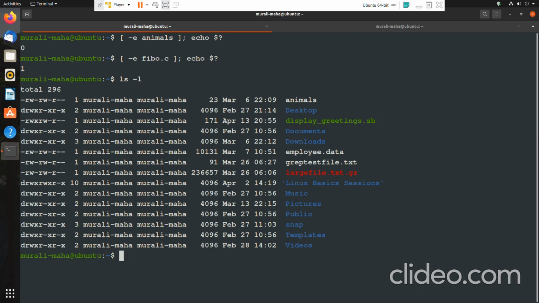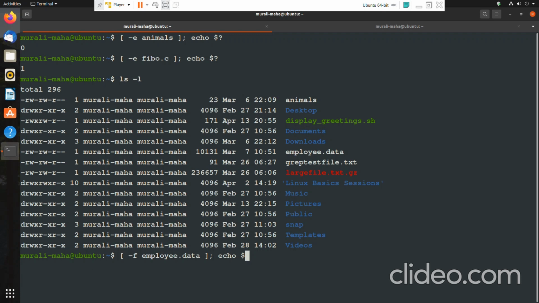Given a file called employee.data, I want to check whether it is a regular file. Test hyphen f for checking whether it is a regular file, employee.data. So echo dollar question mark. Yes, it's a regular file.